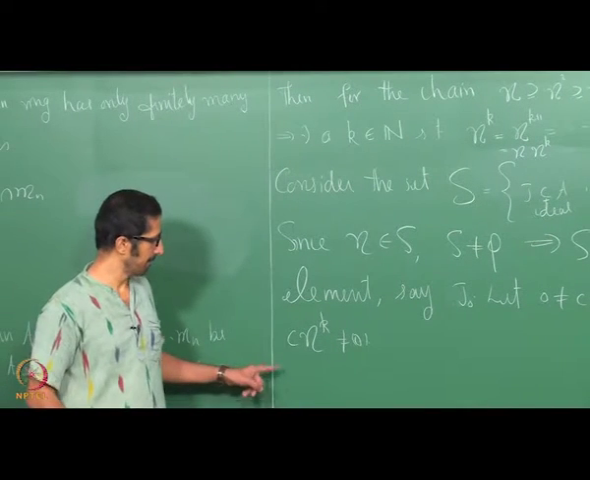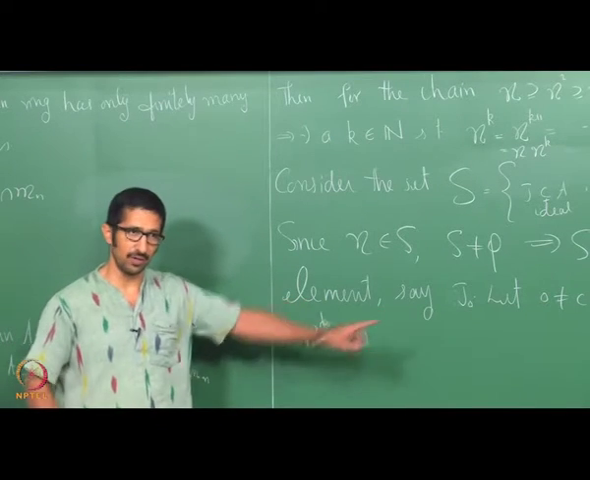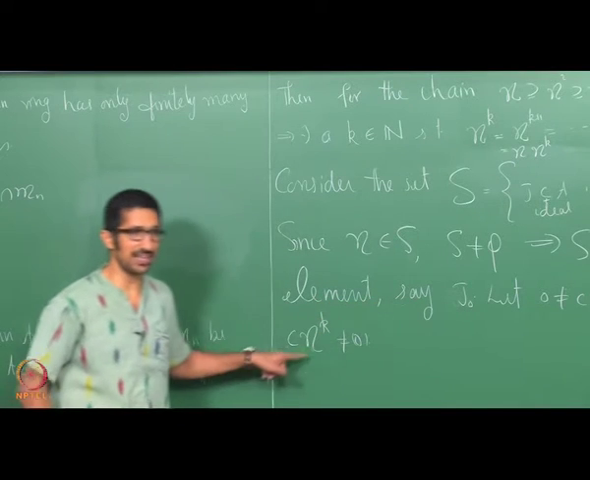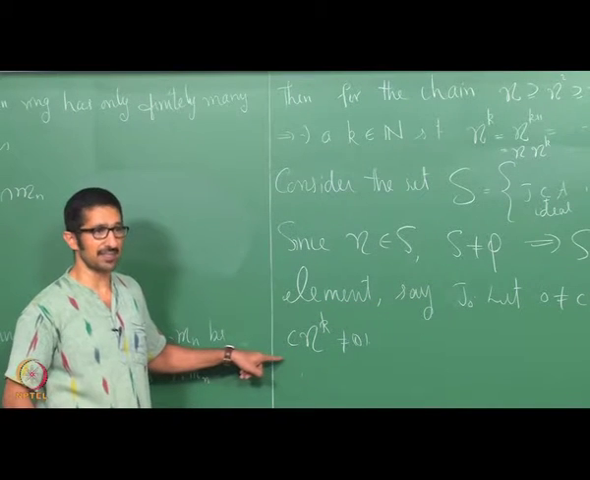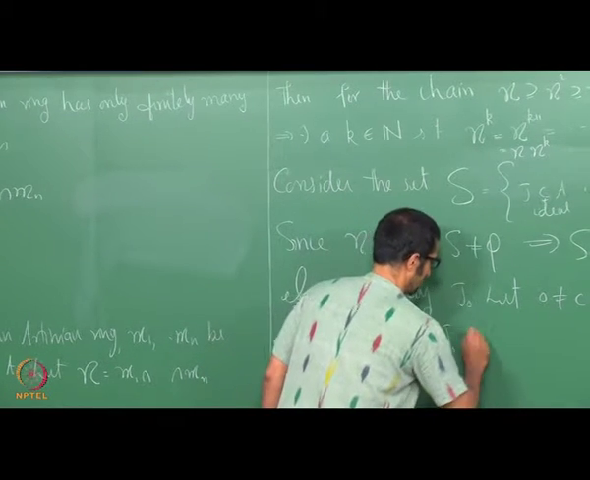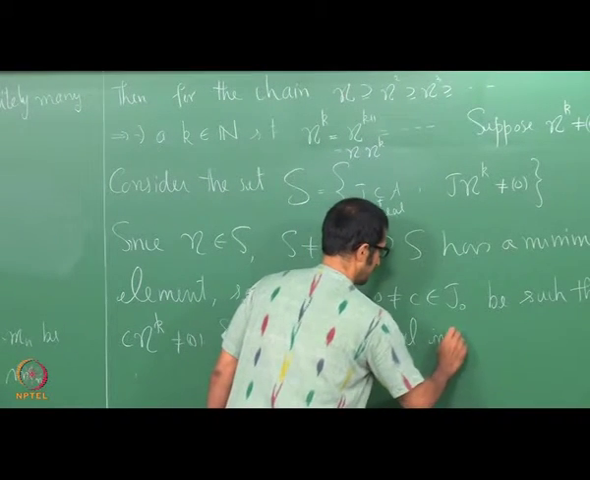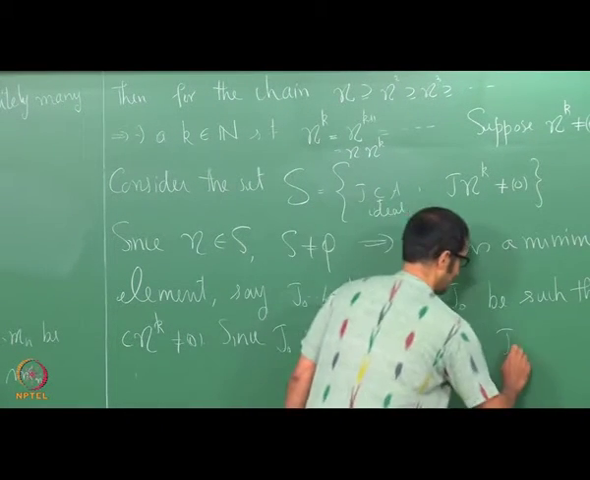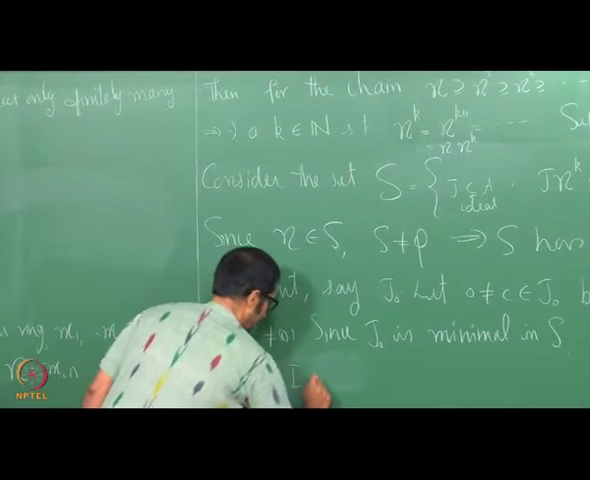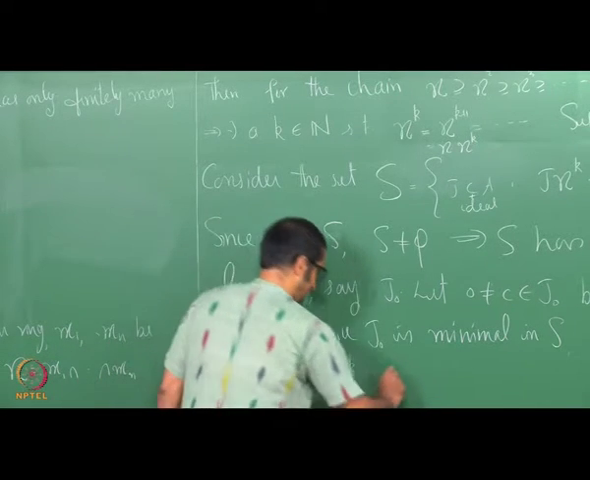But then that means the ideal generated by c n k is non-zero, or in other words j naught is minimal, therefore, j naught has to be equal to the ideal generated by c. Since j naught is minimal in S, j naught is equal to the ideal generated by c. Let I be equal to n power k. Okay. Then what we